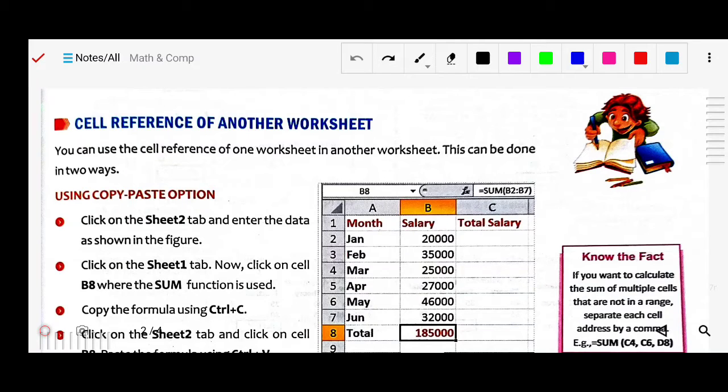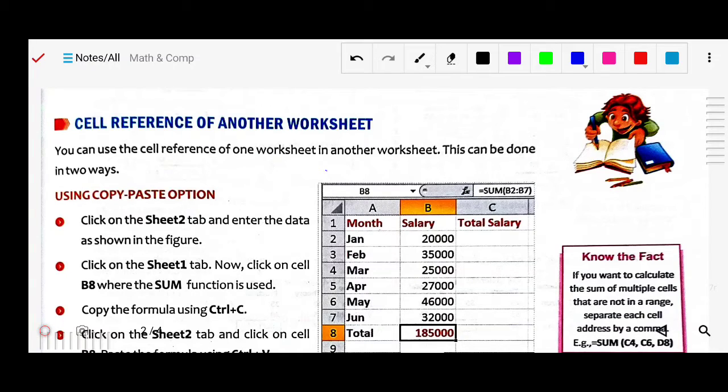Next we have seen cell references and their types: relative references, absolute references, and mixed references. Relative references are not fixed, meaning you can copy and paste them elsewhere and they will work there.